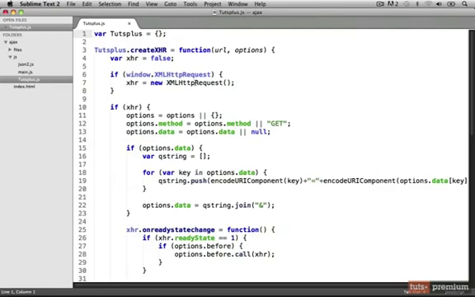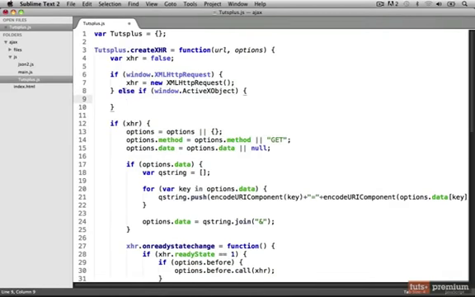So we'll first check if the browser supports XMLHttpRequest like we're already doing. And if for some reason it does not support XMLHttpRequest, that likely means we're in an older version of IE. So we need to assign an ActiveX object to our XHR variable instead. So we can use an else if statement, and we'll check if window.ActiveXObject. And if the browser supports ActiveXObject, we'll go ahead and create an ActiveXObject, storing it into our XHR variable. So we use XHR and set this equal to a new ActiveXObject, and we just pass in a string here that says